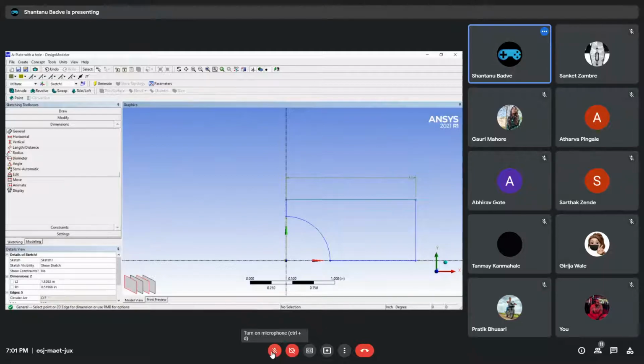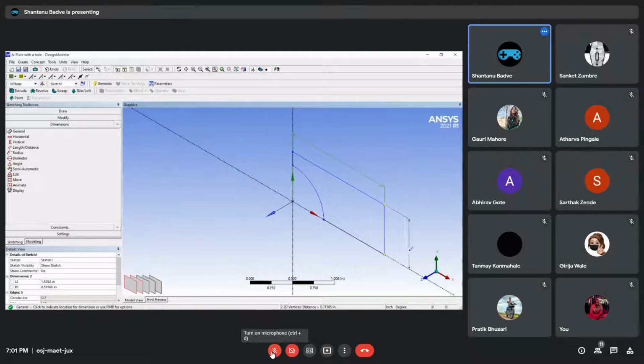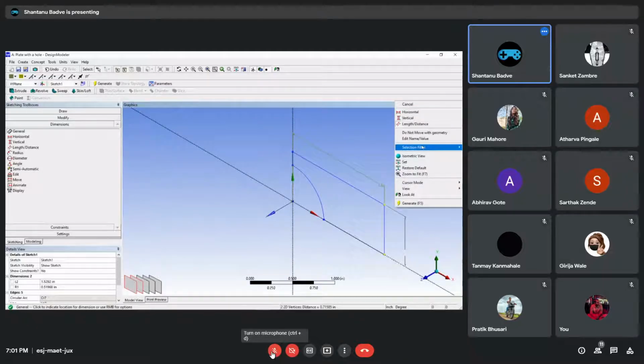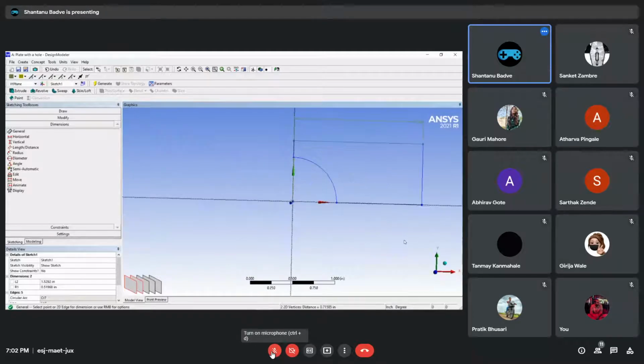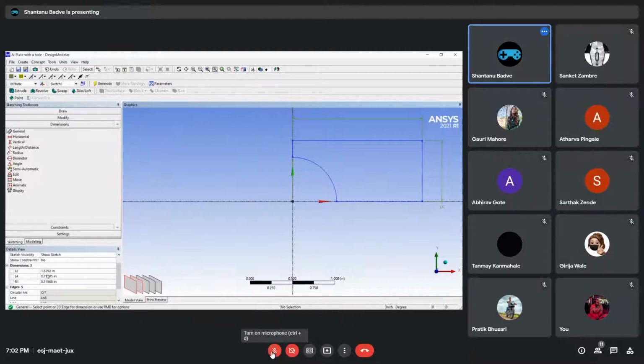All right. And then the tool is already selected. You will just click on this very small point in here, and you will click on this point in here. All right. And this has been created. Cancel, cancel. Come back. Okay. This has been created. So now we have got the dimensions of the rectangle, and we have also got the dimensions of the circle. We are just going to give them the dimensions that we know are the truth.